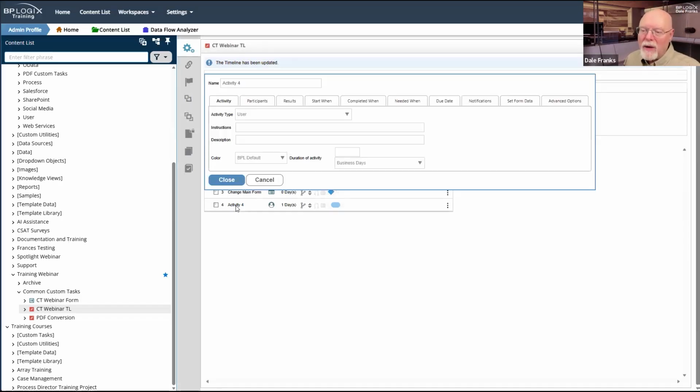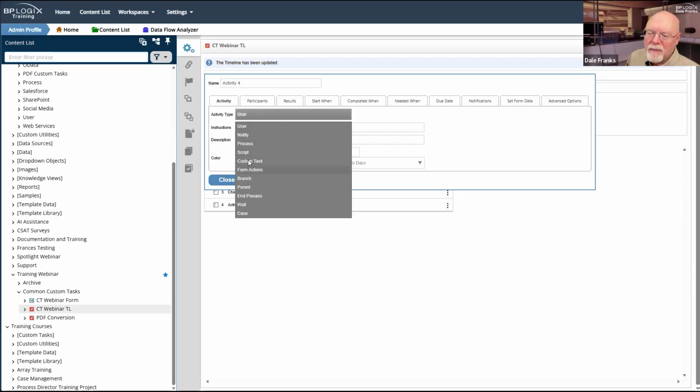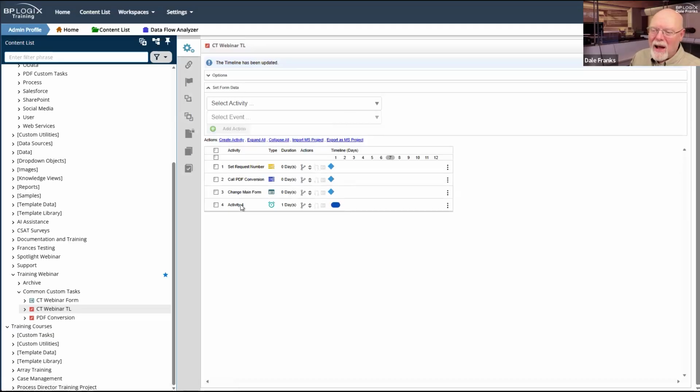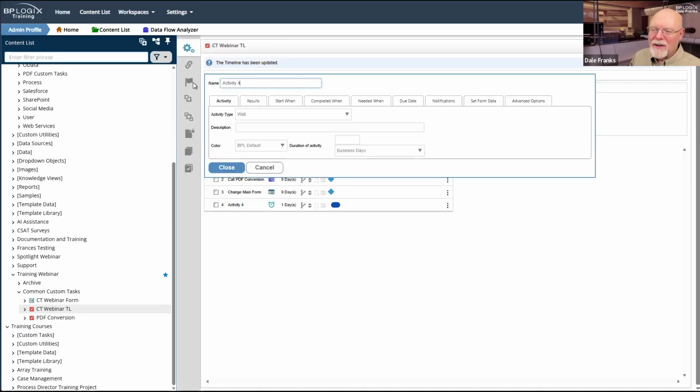So for activity 4, it doesn't really matter what type of activity. I could certainly run a set form data here, or I could just make it a quick wait task and not configure anything. I'll call this activity 4, wait for form update, even though we're not going to wait.